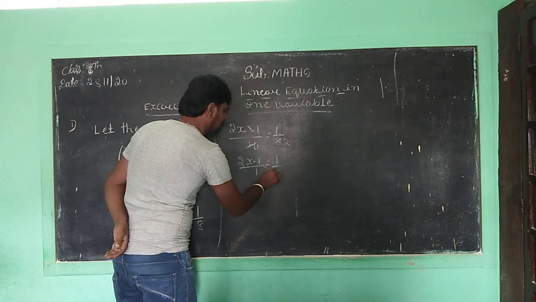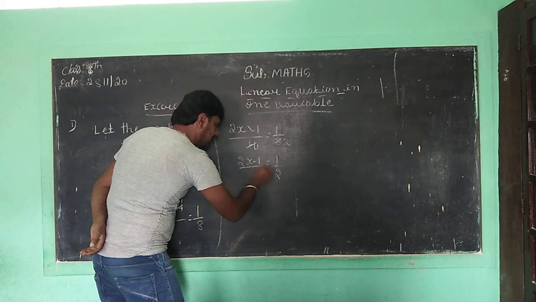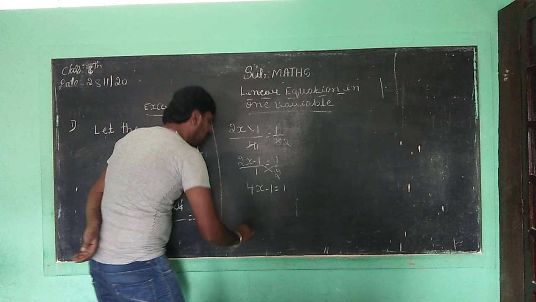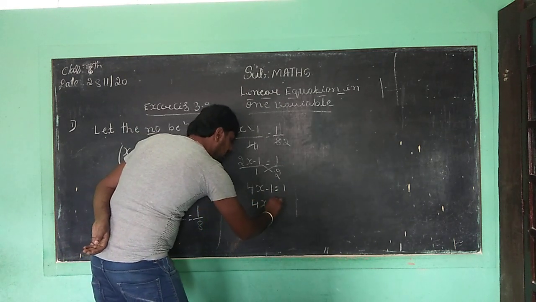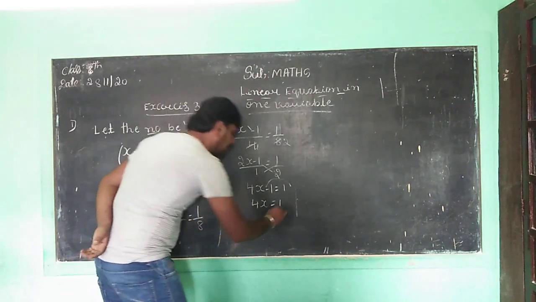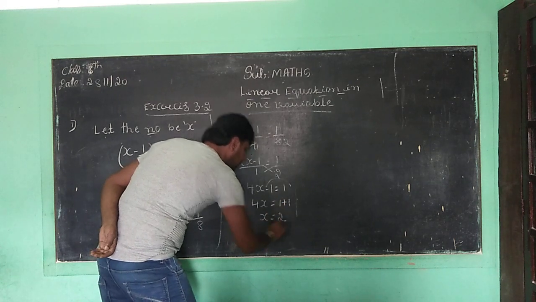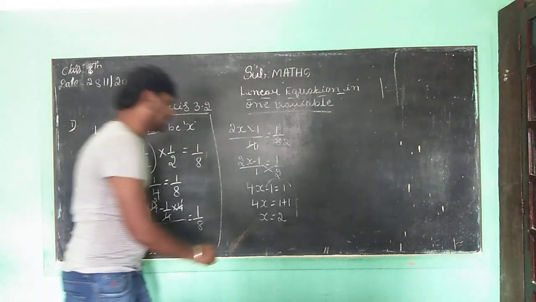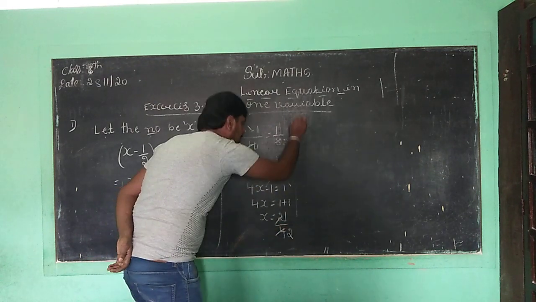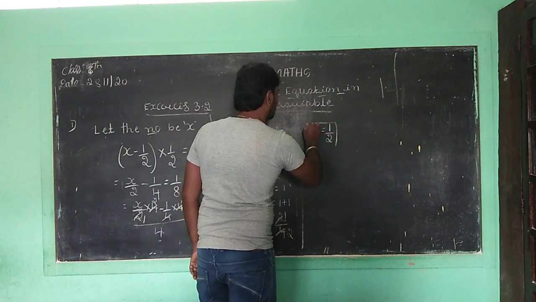You want to cross multiply, children. 2 into x is 2x, then 2 into 2 is 4x. There is also 4x minus 1 is equal to 1, children. Correct children? 4x is equal to 1 is there. This minus 1 will transpose into the RHS, meaning plus 1. Correct children? This is plus 1. x is equal to 1 plus 1 is 2. This 4 will come into the denominator, children. Right as it is. The value of x is equal to 1 by 2. Correct children? That x is equal to what? 1 by 2. Any doubt, children, here?